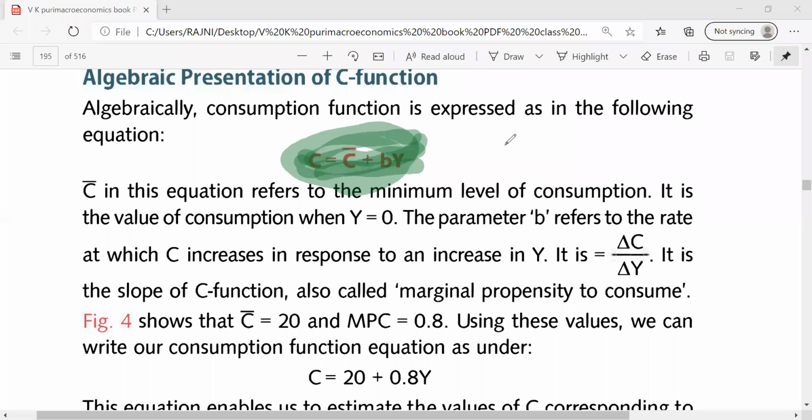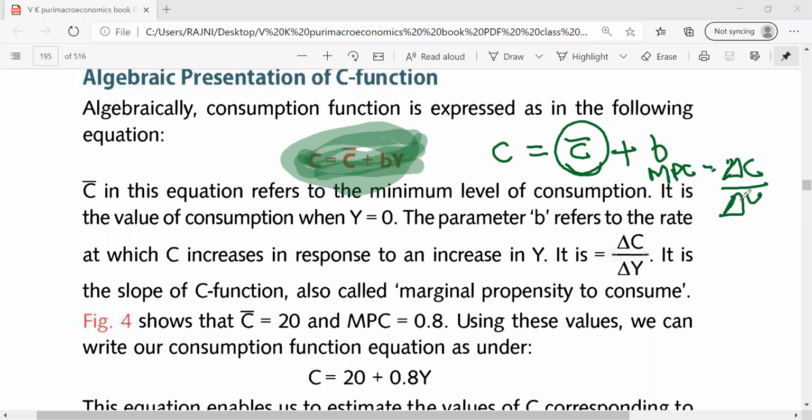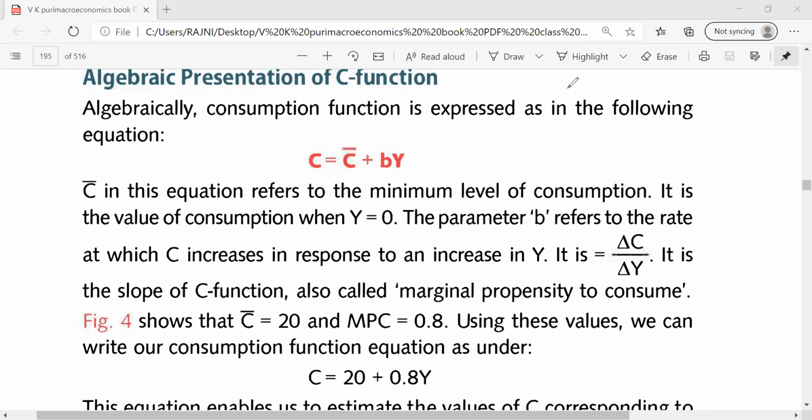द सिंपल थिंग इज देयर, कंजम्पशन किसके बराबर है? C bar plus bY. C bar means autonomous consumption जो कि फिक्स्ड होती है नेचर में, plus b, b refers to the MPC, marginal propensity to consume, जो हम कैसे कैलकुलेट करते हैं? Change in C by change in Y, and Y refers to the income here, right? So simply in this concept we can say कि C bar हमारा क्या है? जो है वो that is the autonomous consumption, it means the minimum level of consumption। कि ये वो वैल्यू होती है कि अगर एक पर्सन की इनकम जो है जीरो भी है, तब भी कंजम्पशन जो है वो होगा ही होगा।